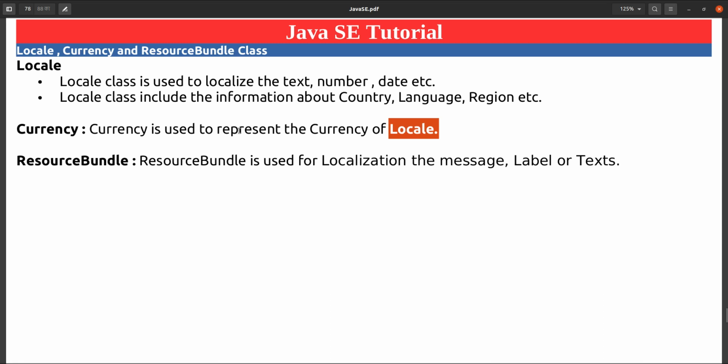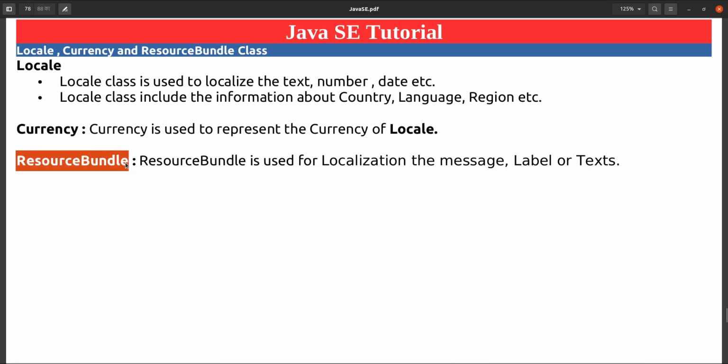A currency has some properties like currency code, currency symbol, numeric code and currency name. All that information is taken care of by the Currency class, and you can create a Currency only from a Locale, because the Locale has the country, and the country has a currency. We will see this class.